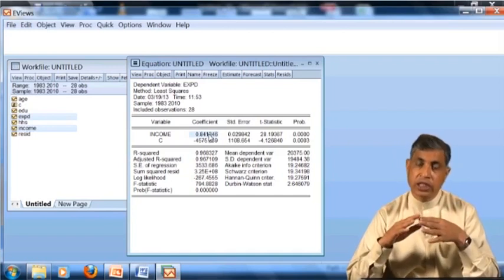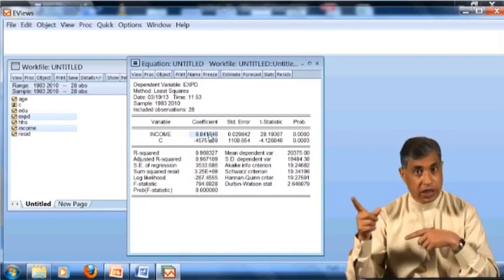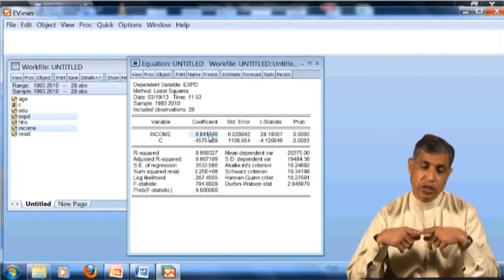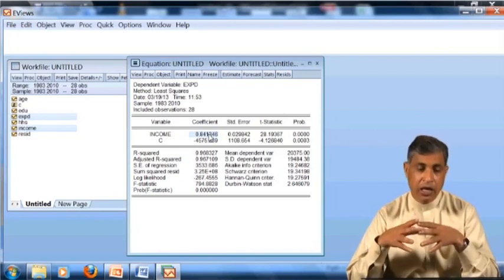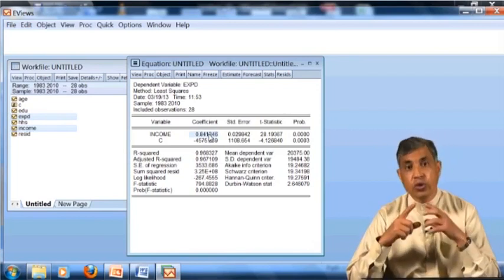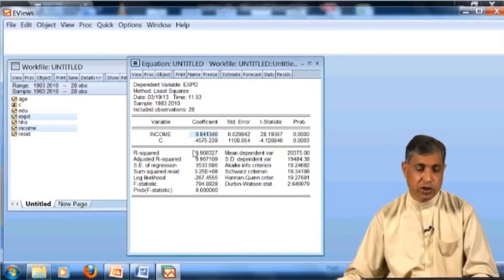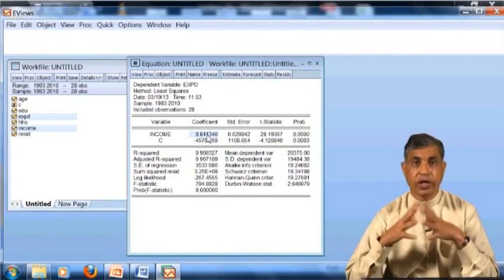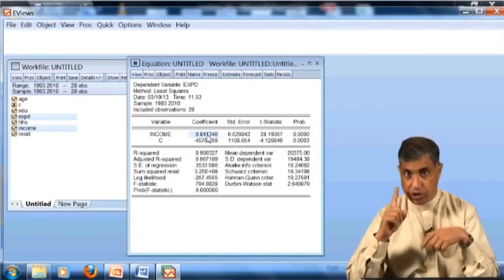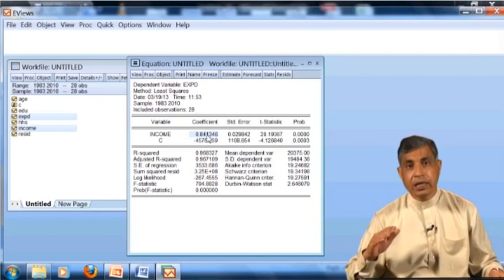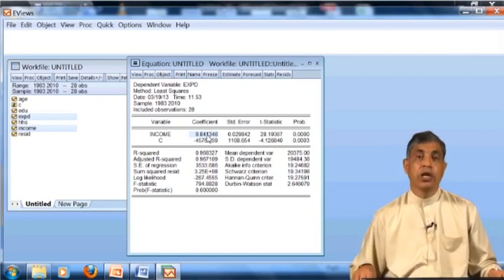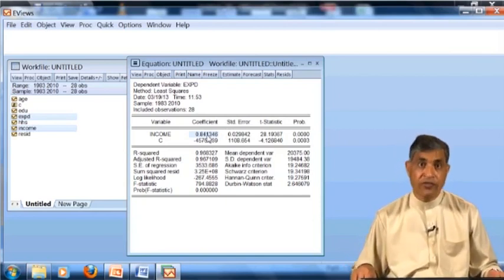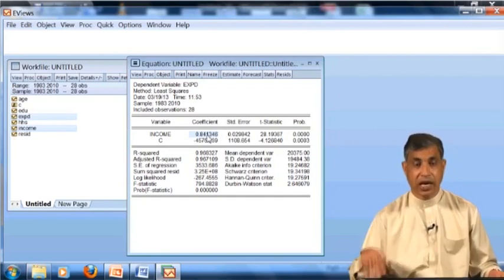When there is a 1 unit increase in your income, because there is a positive sign, on average your consumption increases by 0.84 units. For example, I am concentrating on 1 rupee. If your income increases by 1 rupee, your consumption on average increases by 84 paisas, because there are 100 paisas in this.